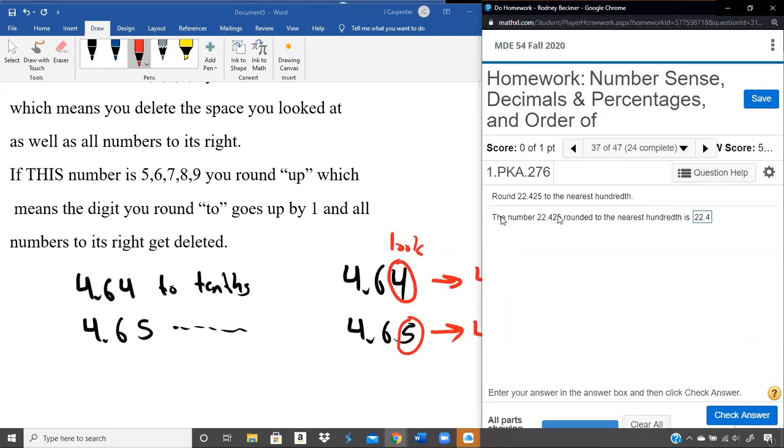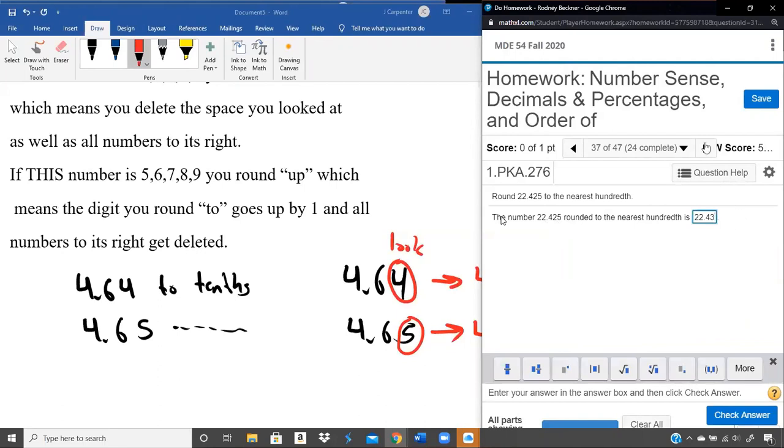Rounding to the nearest hundredth means this 2 is actually where we are going to round to, which means we look at the 5. Okay, so we're slowing down. We're going to get things right. I like to do those rush situations to show how we can make mistakes. And I've definitely done them unintentionally. But anyways, so we're looking at the 5. The 5 says to round up. Now we're going to get rid of that 5, but the 2 to the left of it should become a 3. So let's try 22.43.